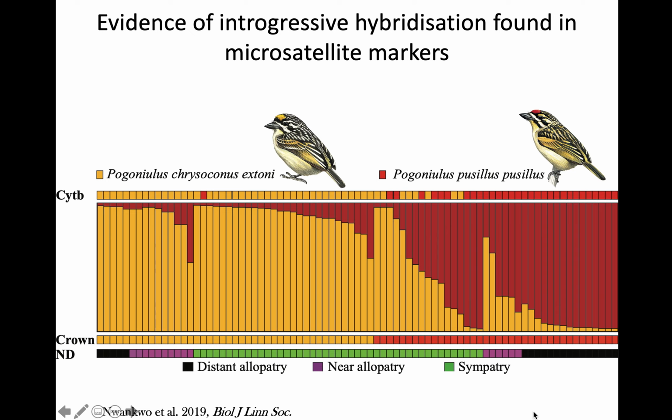We'll start by showing here the substantial evidence that we have of introgressive hybridization between the two species using microsatellite markers. This is a structure plot. Each bar here represents the ancestry of each individual. The more yellow in the bar, the more yellow-fronted its ancestry; the more red, the more red-fronted its ancestry. The bottom banner shows essentially a transect between the distributions of the species. In green is the contact zone, and within that contact zone we can see that we have a lot of individuals with mixed ancestry,